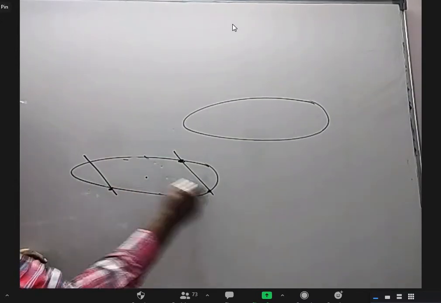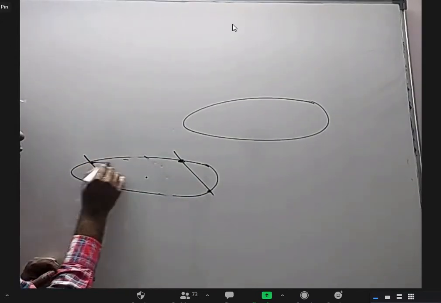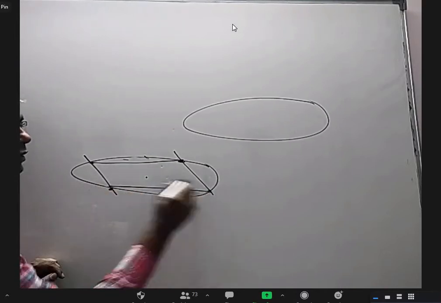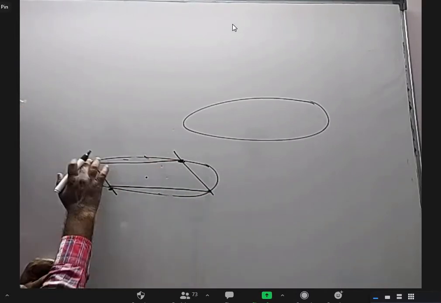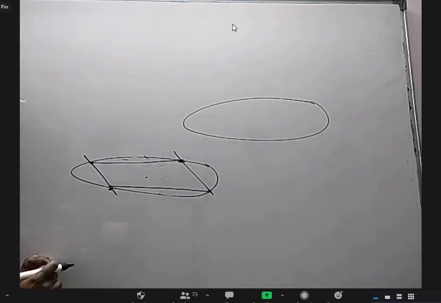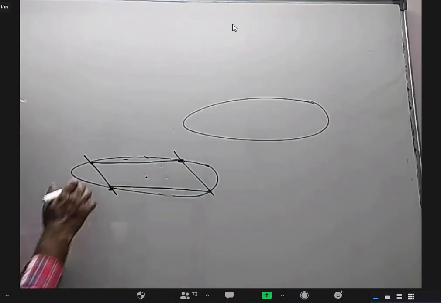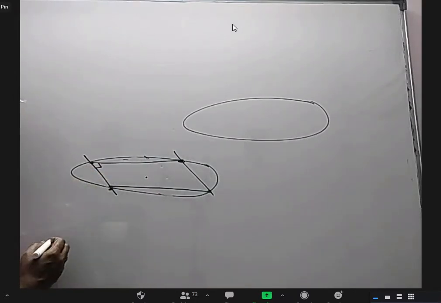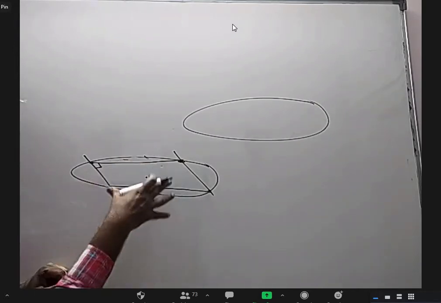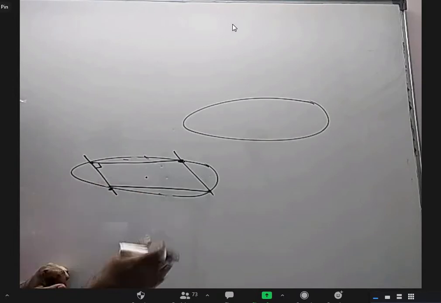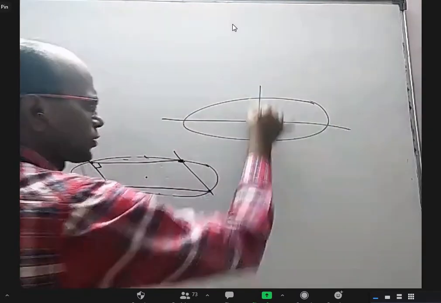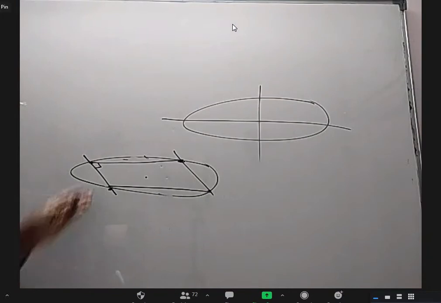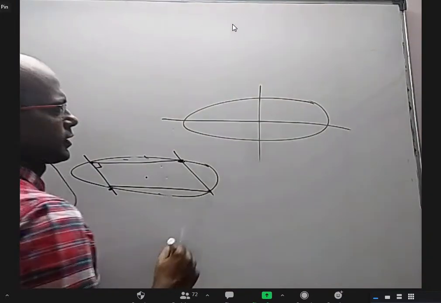because if you take anything in between, the length of the chord increases, right? If I take these four and join like this, if these two are parallel, maybe it is possible to prove. I think these two are also parallel. I may be able to prove it. It will be a parallelogram, but I don't think this angle will be 90. So we can take some points and prove that if you want to put a rectangle, the sides have to be parallel to major and minor axis. I'm not writing any proof of that, but we should be able to understand that.